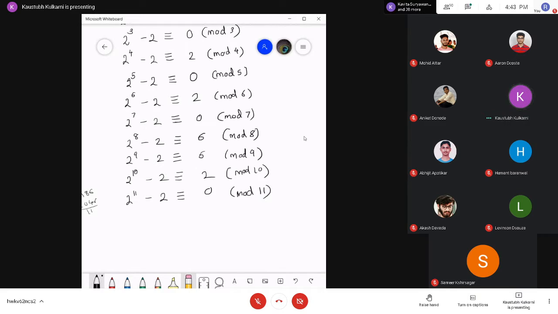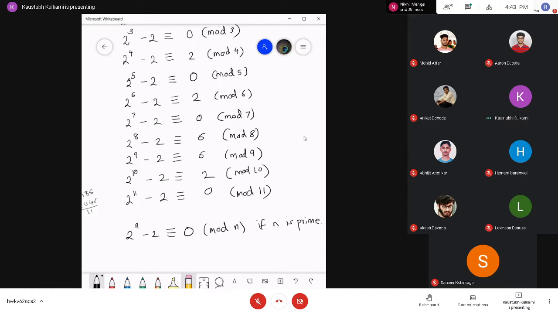We can say that 2 raised to n minus 2 is congruent to 0 mod n if n is prime. Now I'm not saying that if and only if is there. Okay, there is only if. There is only if,